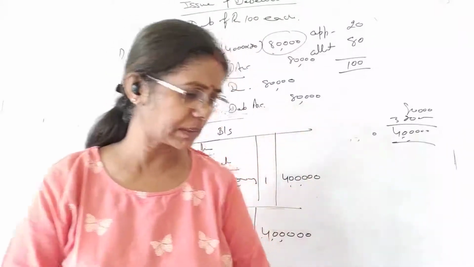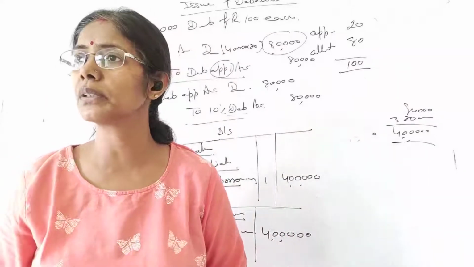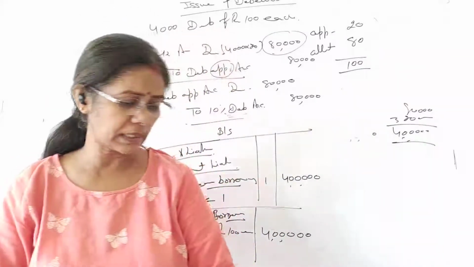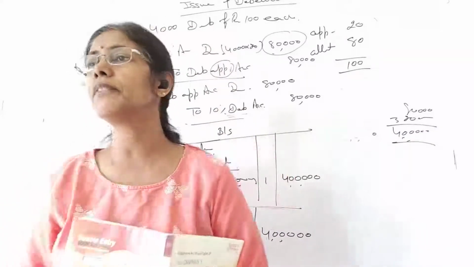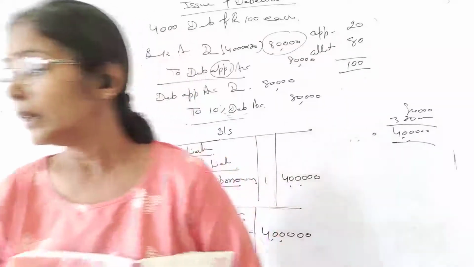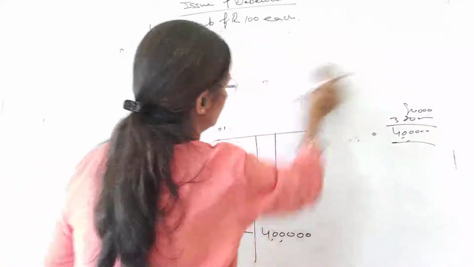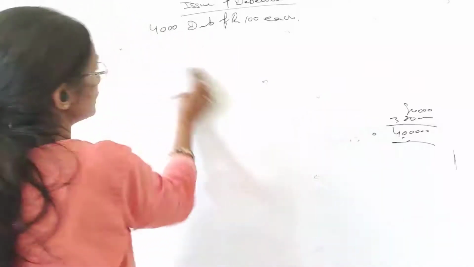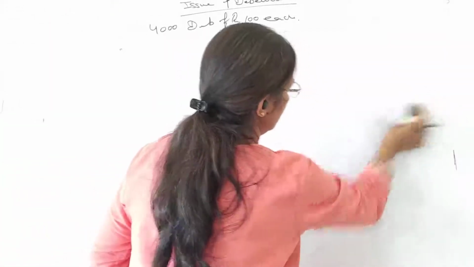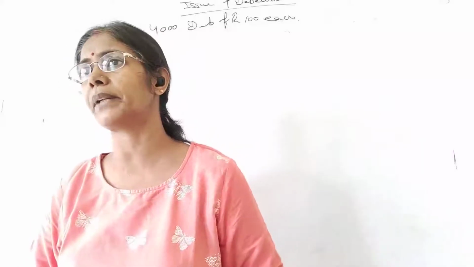So students, we have discussed this lump sum and installments when we issue the debentures. Now we will discuss the different conditions of the issue of the debentures. Till now we have learned when we issue the debentures at par. Now we will learn when we issue the debentures at premium. Premium and discount, we will see how to pass the entry. So instead of taking any illustration, I'm just taking an example myself so you'll understand better.